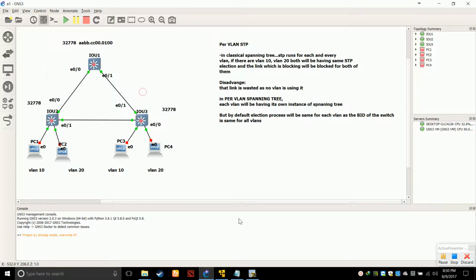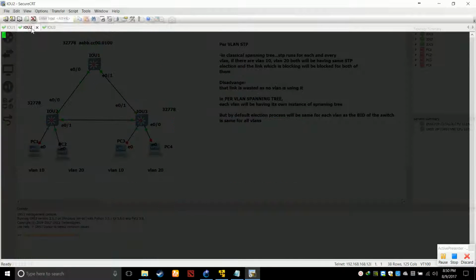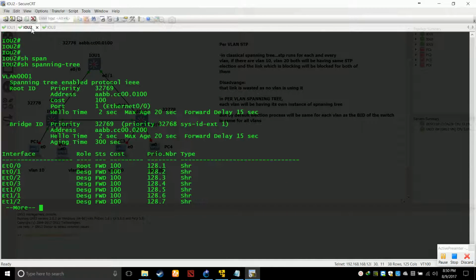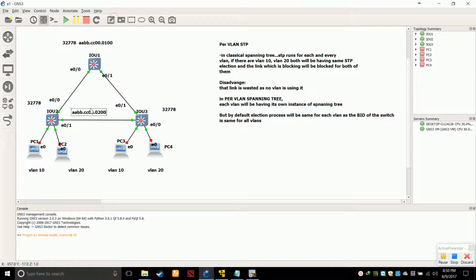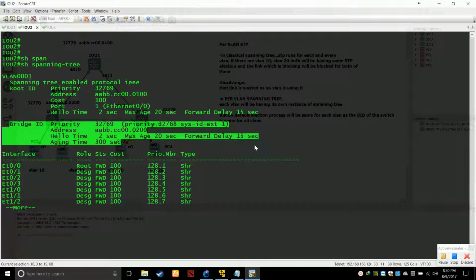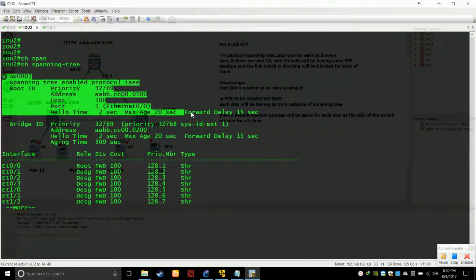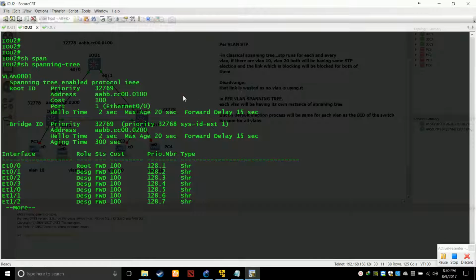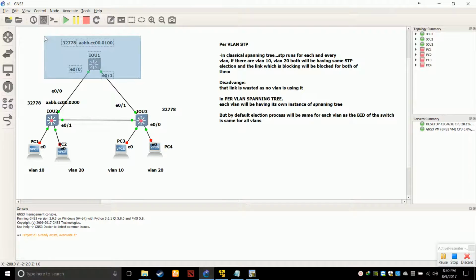Let's also see the MAC address of switch 2. Show spanning tree. The MAC address is this. Let's copy it. If you do the command show spanning tree, under the bridge ID you will find your details. Under this section, you will find the details of the king, which is your root bridge. So it is very easy. This is the same topology we have been using since the beginning of the spanning tree lectures, where this guy is our root bridge because he has the lowest MAC address.